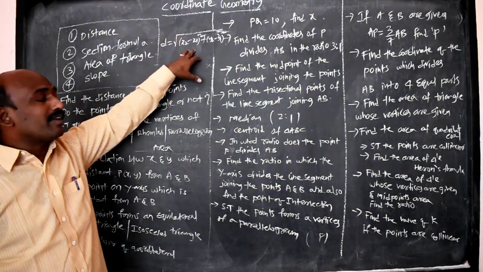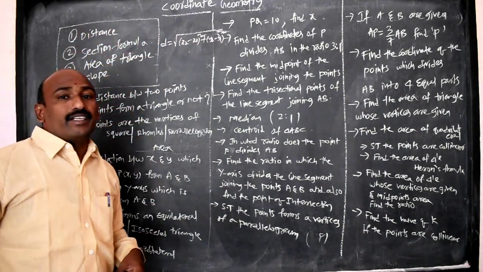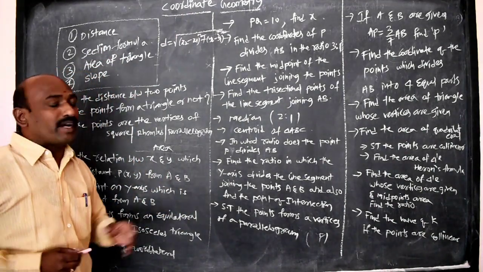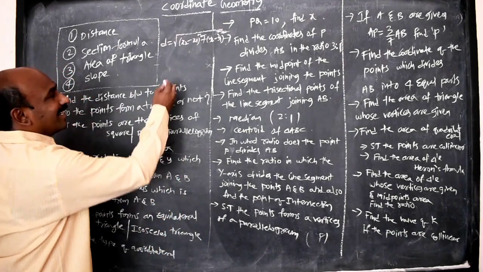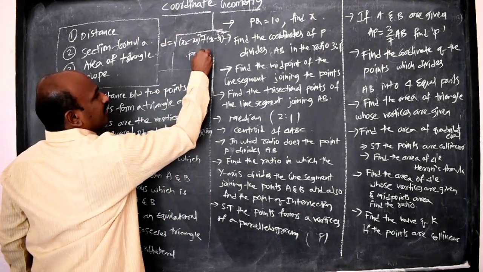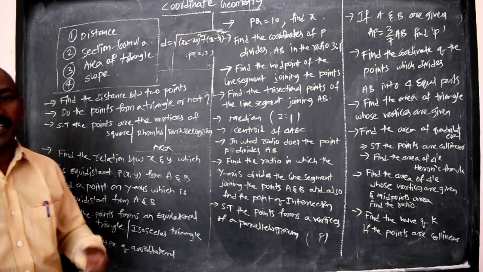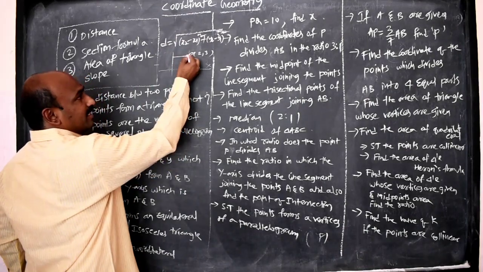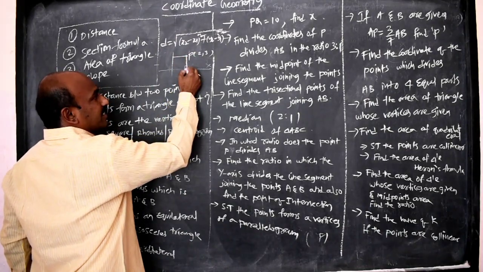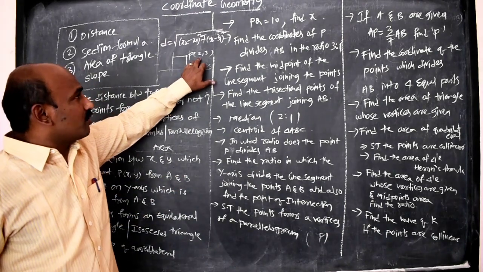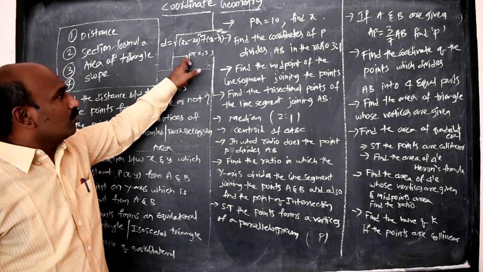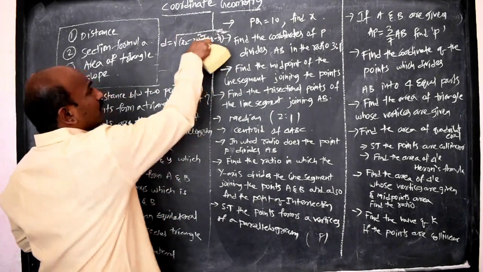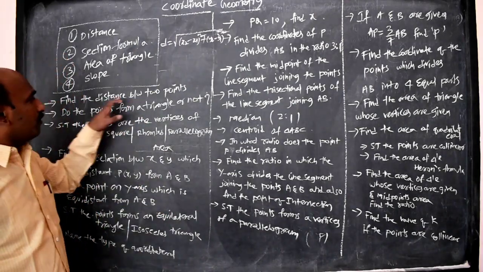Based on this formula we can do the first exercise completely. Here we have some concepts. First of all, the distance between 2 points. By substituting the points, if you take a point P (2, 3) located in the xy plane, from the definition it is 2 units perpendicular from the y-axis, and 3 units perpendicular distance from the x-axis. In other words, x is 2 and y is 3, and that is where the point is located. Also we can simply substitute in the distance formula.